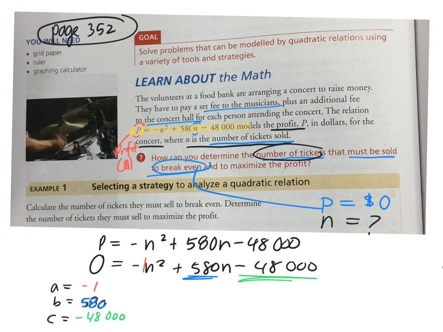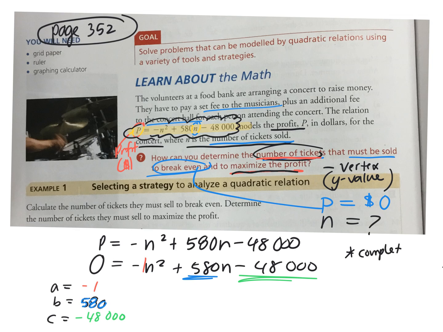Now the other part of the question was, how can you determine the number of tickets that must be sold to maximize the profit? Now you're trying to figure out the maximum profit you could make from this event. Where would that point be located, the maximum profit? Yep. At the vertex. It would be the Y value of the vertex. So there's two ways you can do this. You have an equation in standard form, and you're trying to figure out the vertex. What's one way you could figure out the vertex from an equation in standard form? What's something you learned in this chapter? Yep. Completing the square. So you could do completing the square if you want to practice that. Or